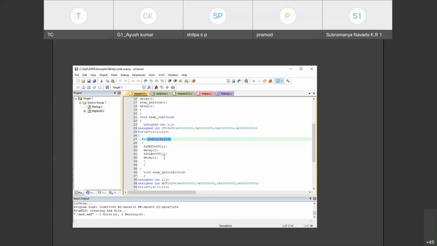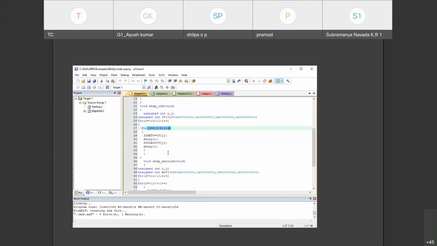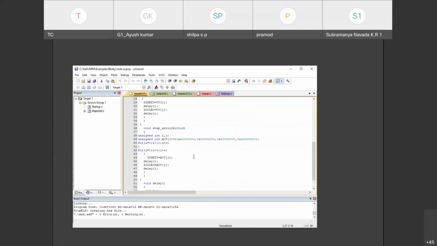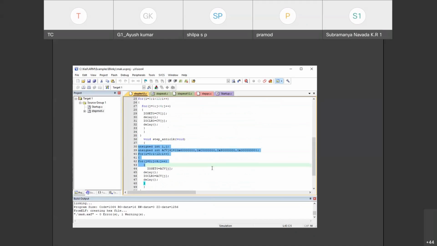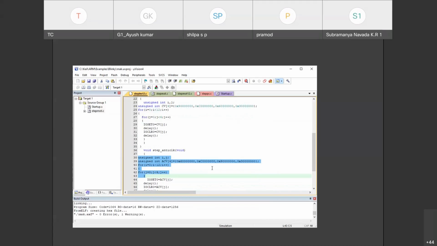CV of j, set and clear many times here only. After that, I declared here as 12. So 4 into 12, you can say again, this runs for 48. So I made it a for loop. You can reduce the code by using an array, a simple array type. So you can just take a snapshot of this if you want. This is the simple code.